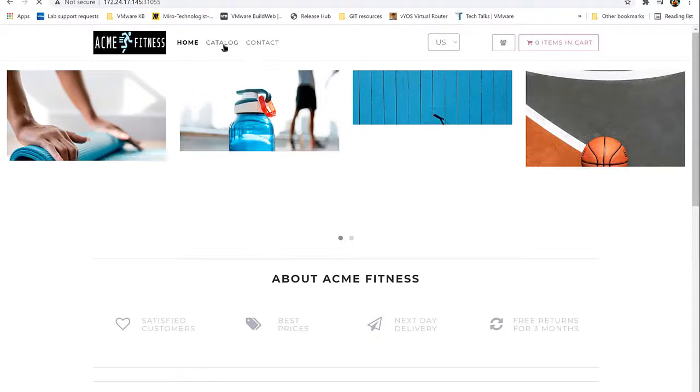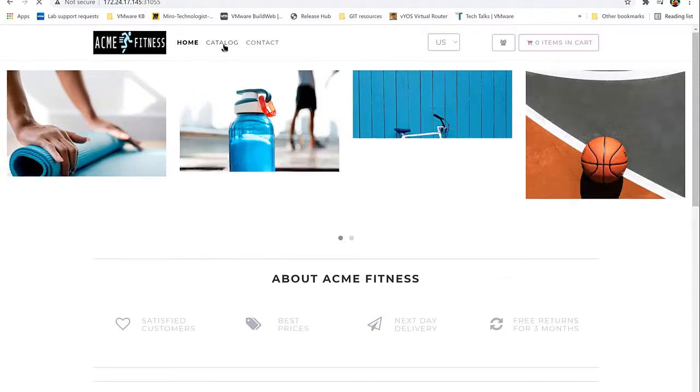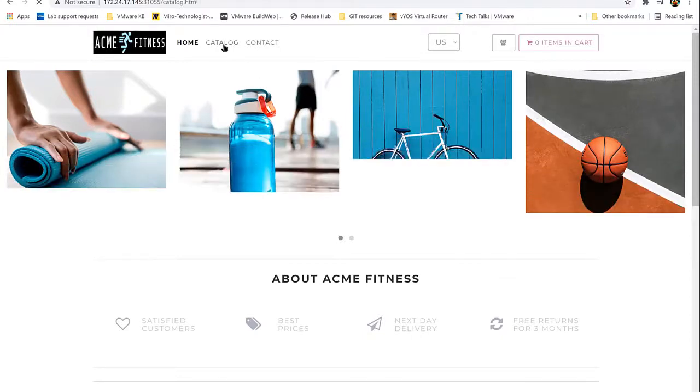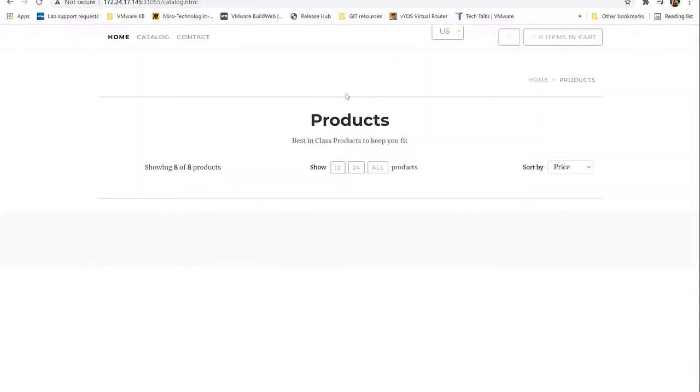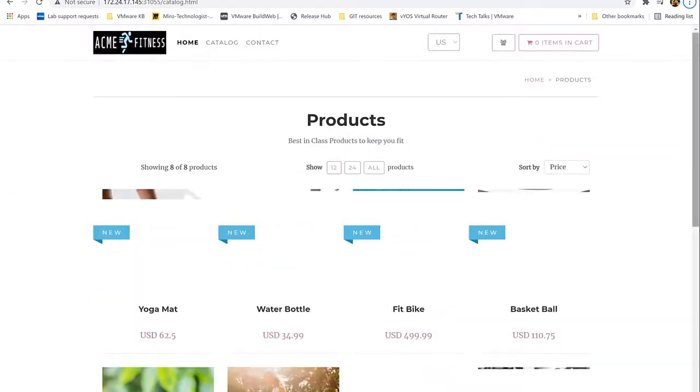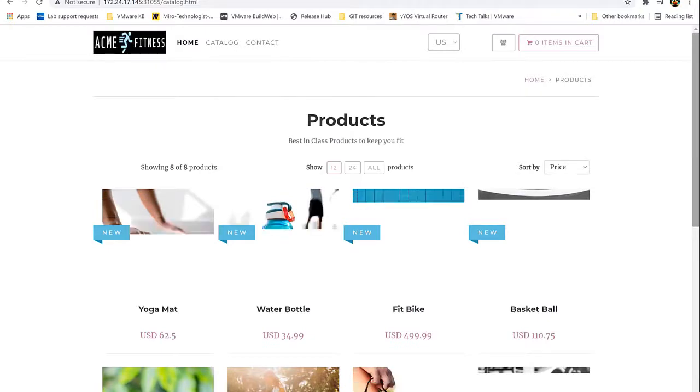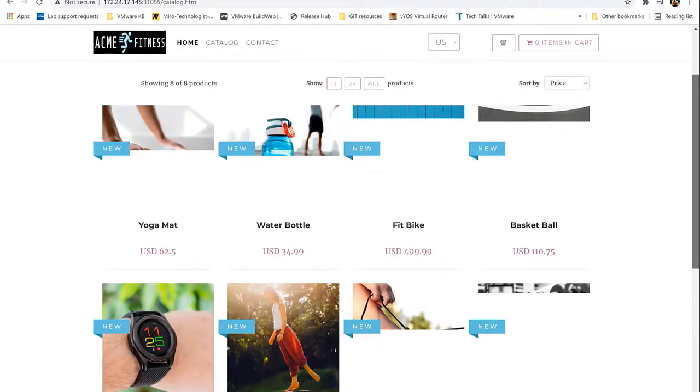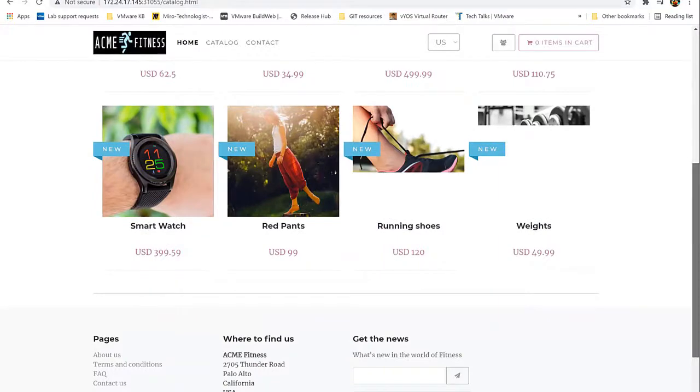If we access the catalog, the application would display the catalog items, the list of products which are in the catalog. So we can access the catalog page also, and the products are being listed within the catalog page. Let's go back to